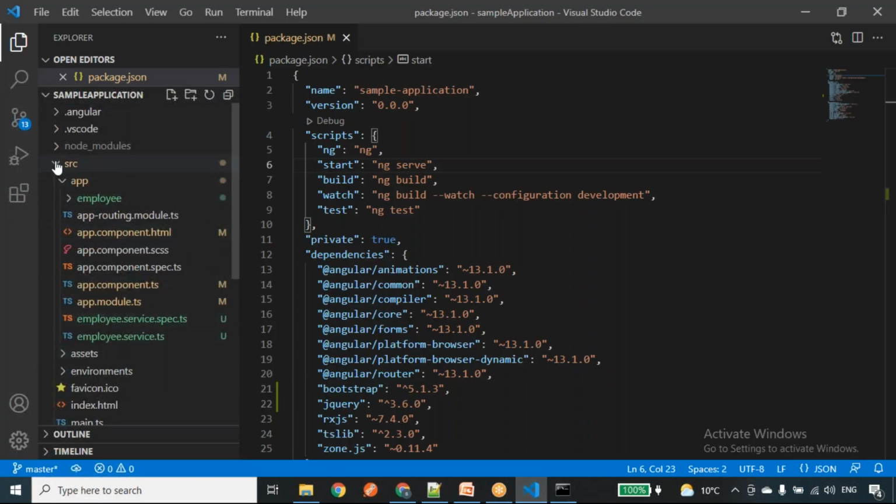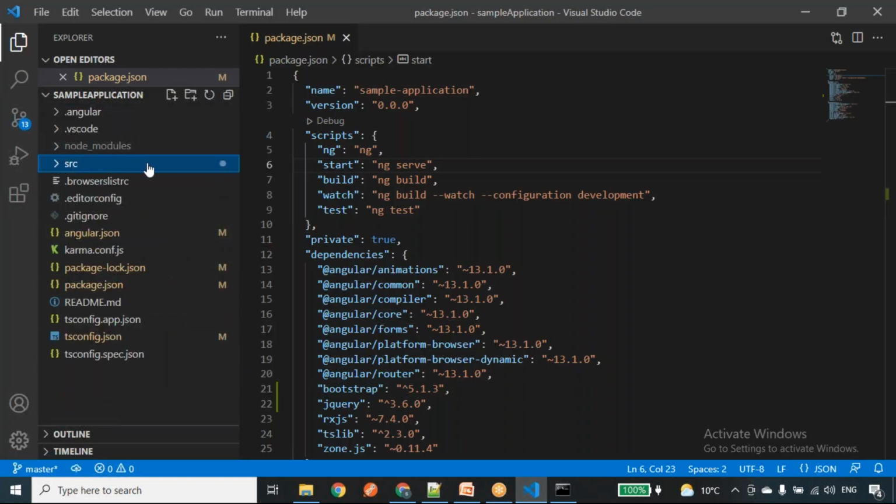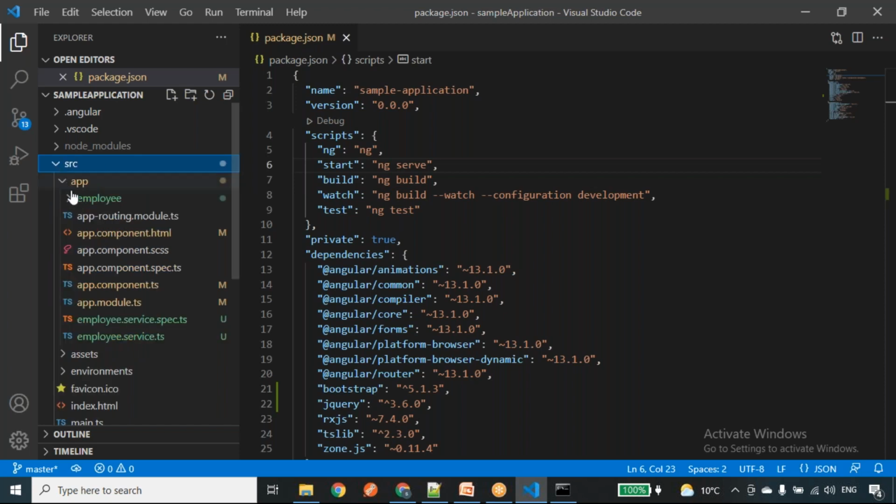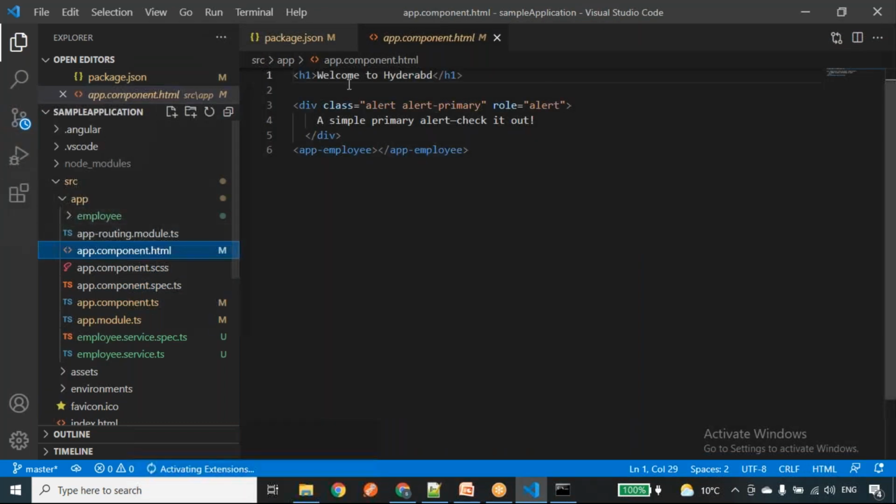Now I'll go to this src. The actual code that we are going to write or modify will be in the src folder. I click on the src, then go to app.component.html. Here we have a few texts like welcome to Hyderabad and some sample div element.